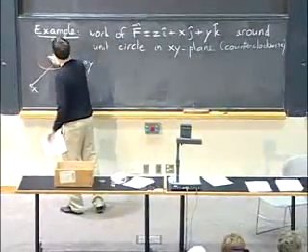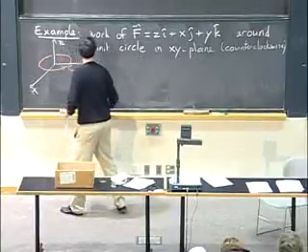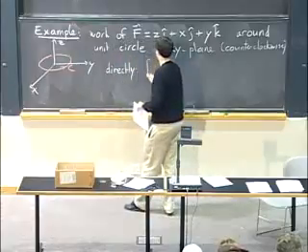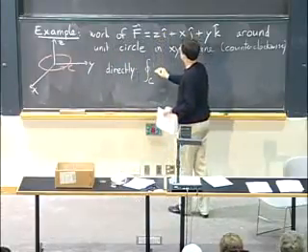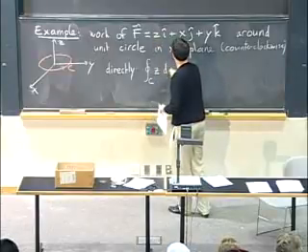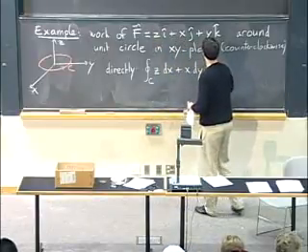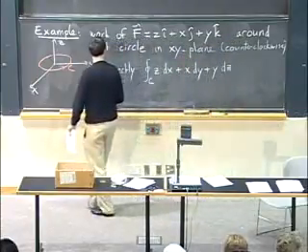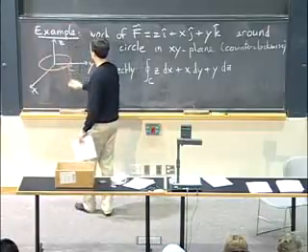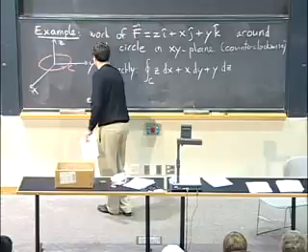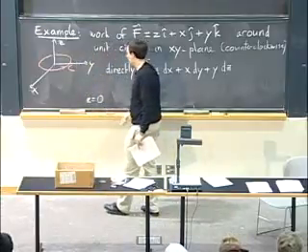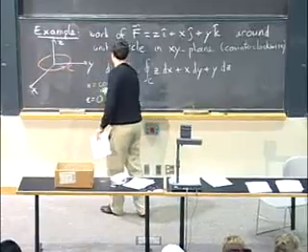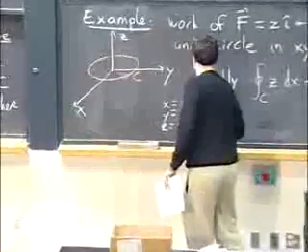So just as a quick review, let's see how we do that directly. Well, if we do that directly, I have to find the integral along C of f dot dr, which becomes z dx plus x dy plus y dz. But now we actually know that on this circle, z is 0, and we can parameterize x and y. It's just the unit circle in the xy plane, so we can take x equals cosine t, y equals sine t.